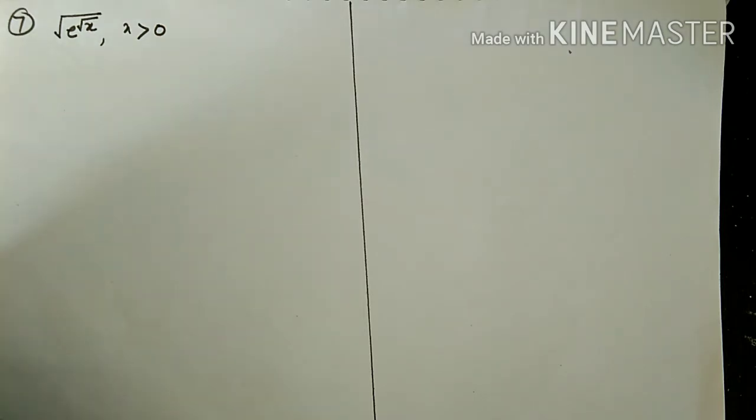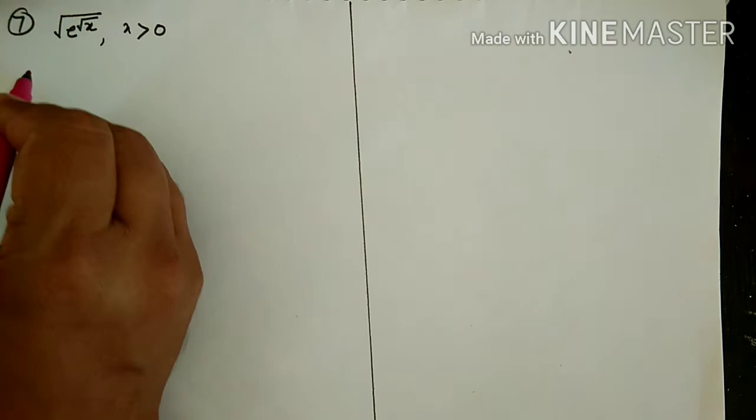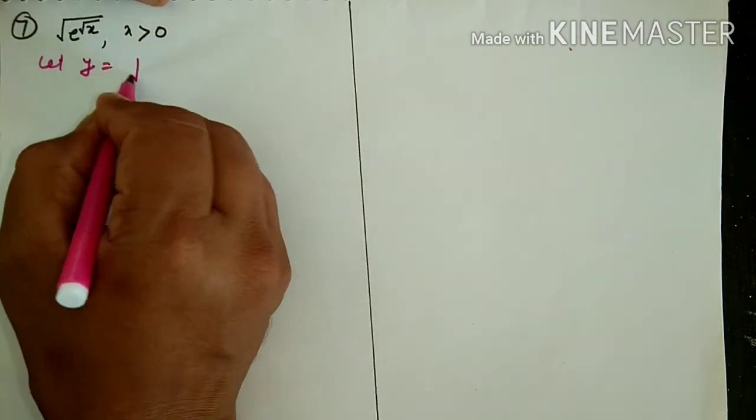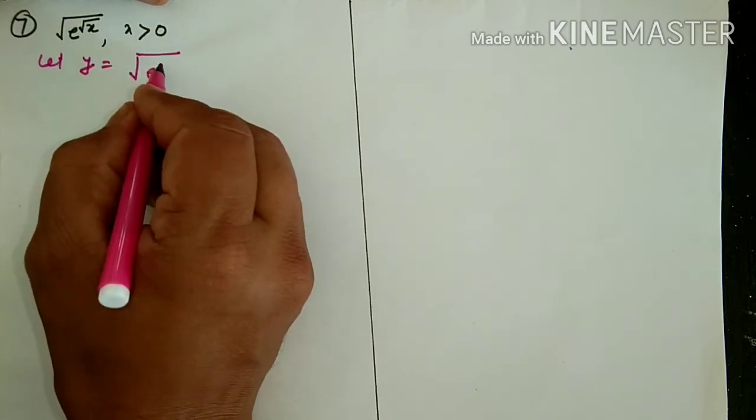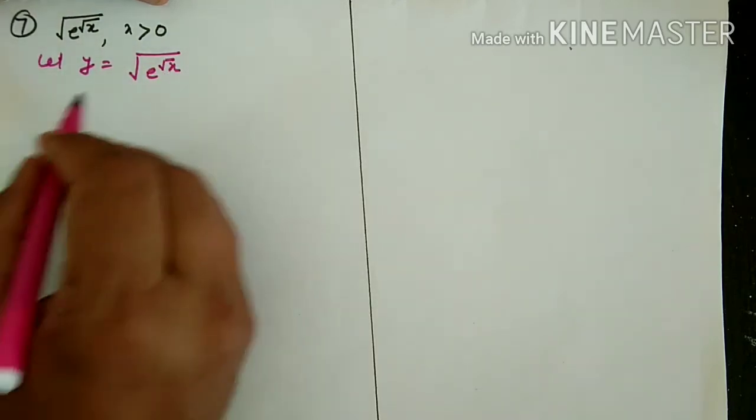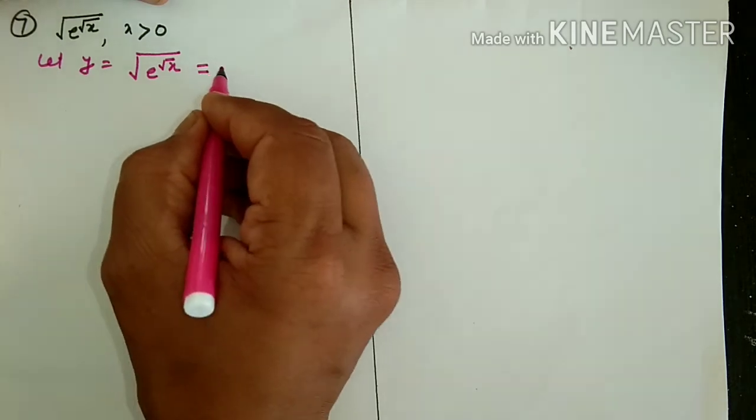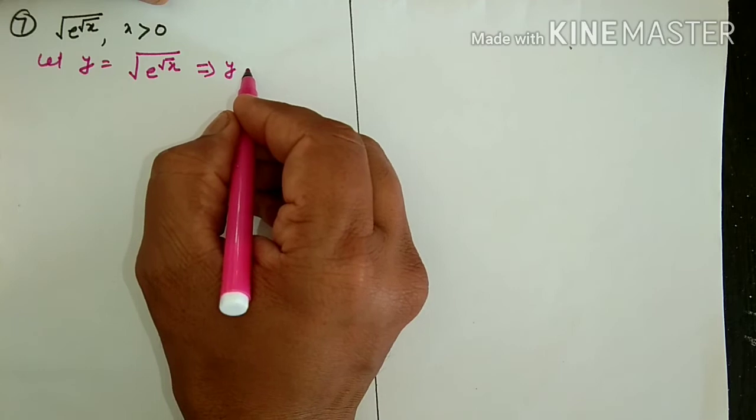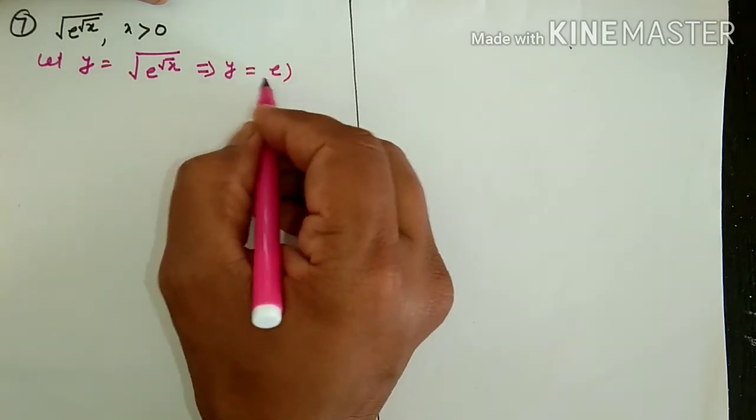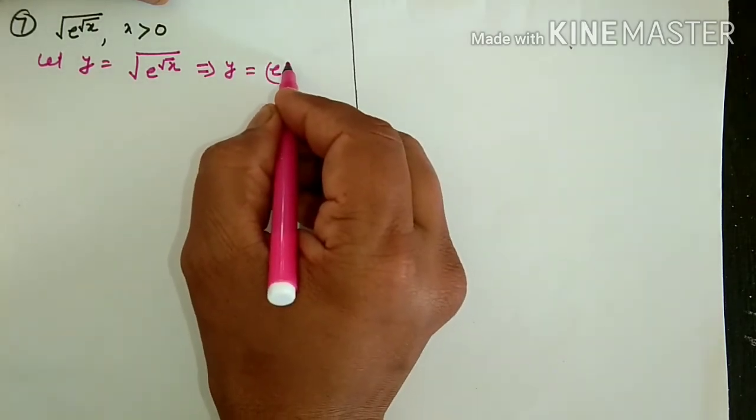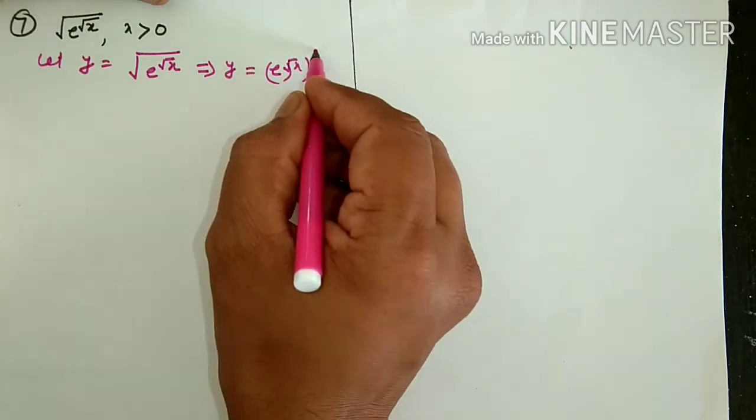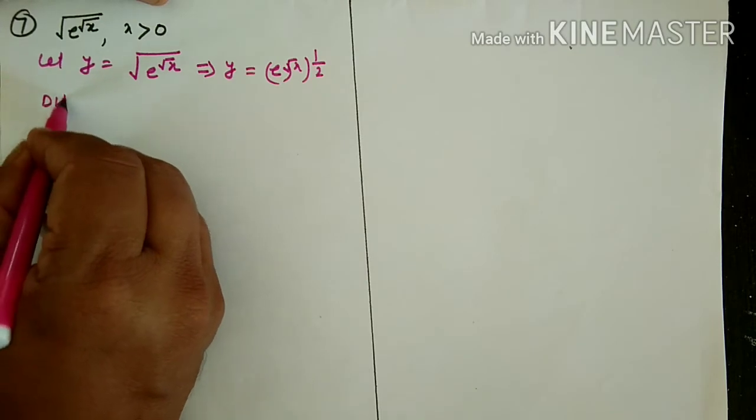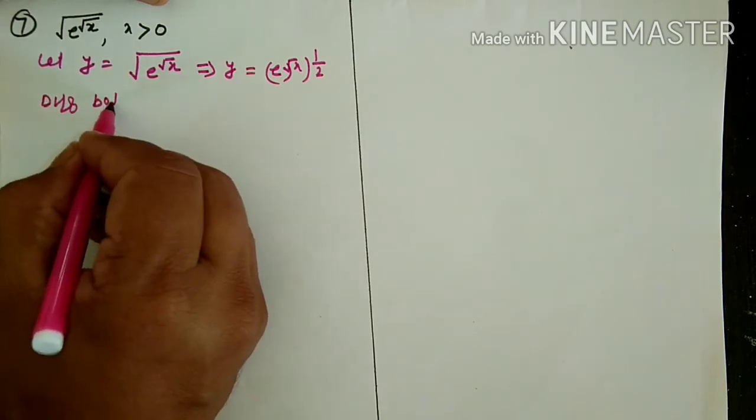In this question number 7, we have let y is equal to under root e to the power root x. Clear? And further it can be written as y is equal to e to the power root x, to the power 1 upon 2. Clear? Now differentiating both sides